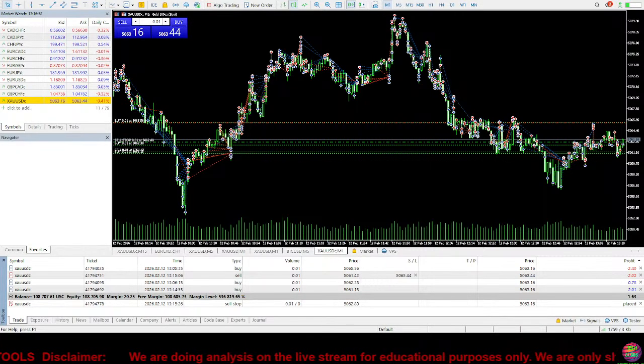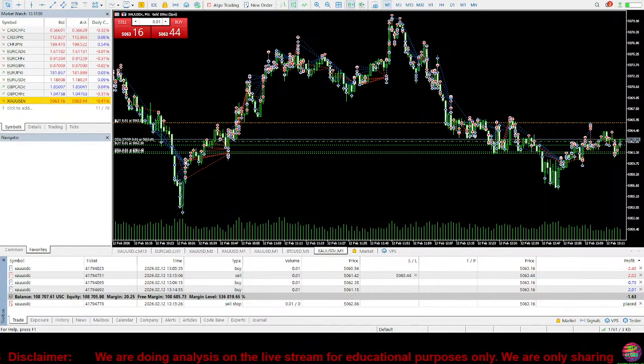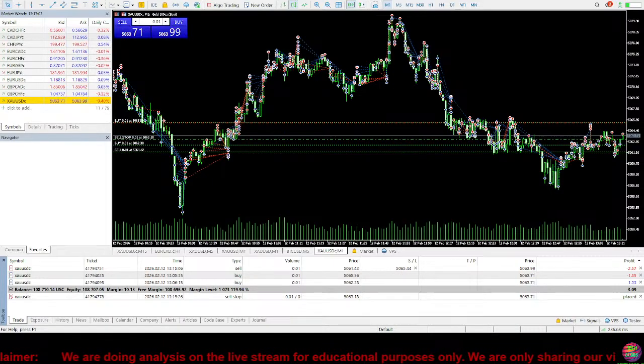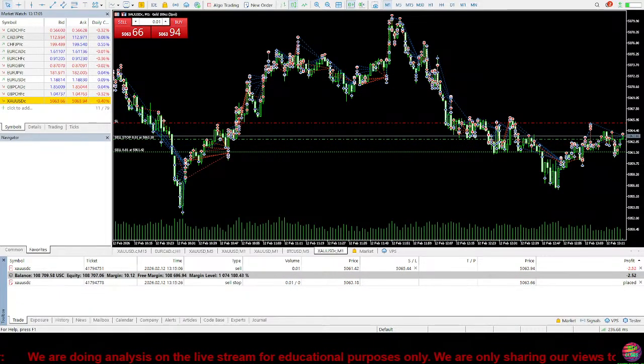It's just cluttering your chart. It's putting mathematics behind it that honestly, it's not needed when it comes to trading. All you will need when it comes to trading is read